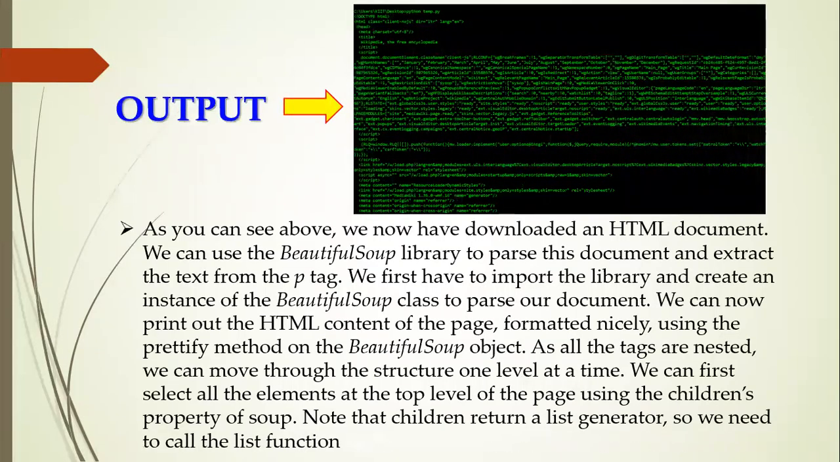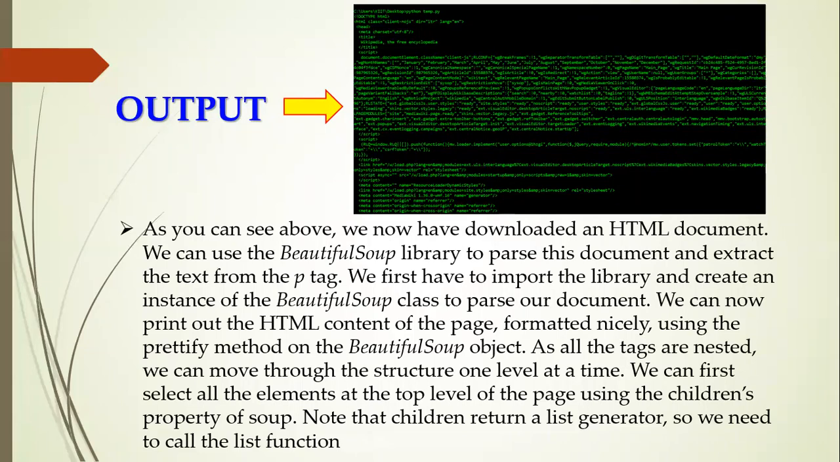Here is the output we get from the input we give. As you can see above, we have now downloaded an HTML document. We can use the Beautiful Soup library to parse this document and extract the text from the p tag. We first have to import the library and create an instance of the BeautifulSoup class to parse our document. We can now print out the HTML content of the page formatted nicely using the prettify method on the